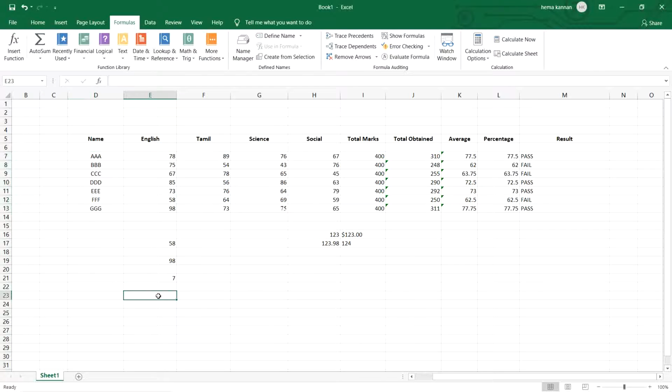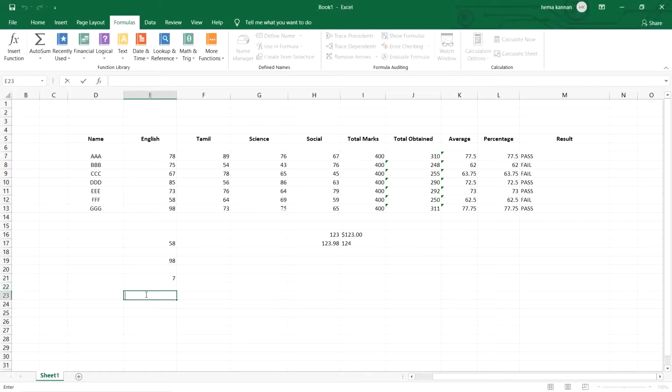So countif is whether how many cells have our entered value. For example, here in these values I need to search how many 85 have been given.